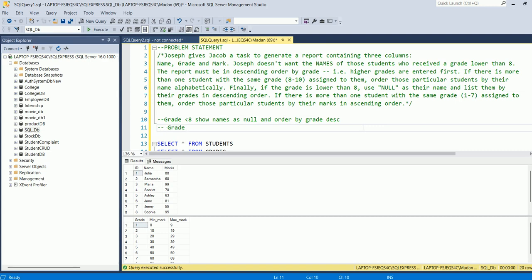for the grade greater than or equal to 8, what we need to do? We need to order those particular students by their name alphabetically. Alphabetically means ascending order, and the default sorting order in SQL is also ascending. Done. If the grade is lower than 8, use null as their name and list them by their grades in descending order. If there is more than one student with the same grade,